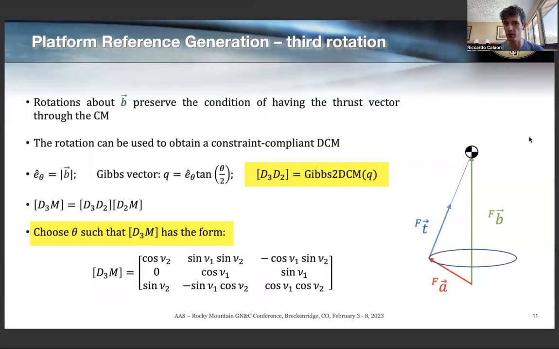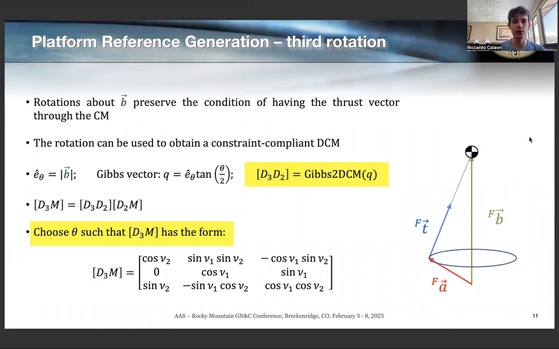We do this by means of a third rotation. If we notice that rotations about the b-axis, as shown in the figure, do not break this result of having the thruster fire through the system center of mass. So we can define a third DCM, which I call D3, D2, which is computed using Gibbs vector, here denoted as Q,